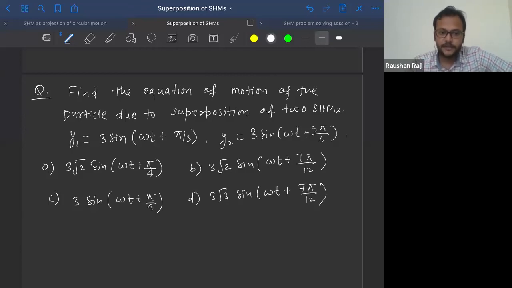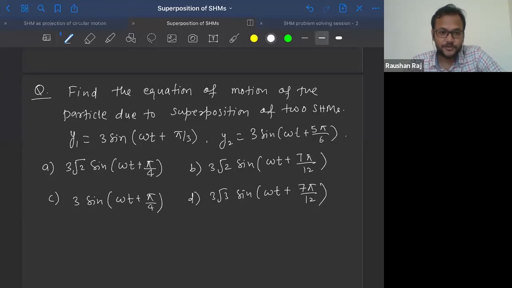Vijay Lakshmi, if you are not getting the poll, or something is wrong, you can write that in the chat section. Vishrut, if you want to use that formula, you're most welcome, bacha. You will feel the pain. You'll get to know what the problem is in using that formula. Where the amplitudes are the same, you can use sin A plus sin B. But what if the amplitudes are different? That will be a problem. Smoke will start coming out from here.